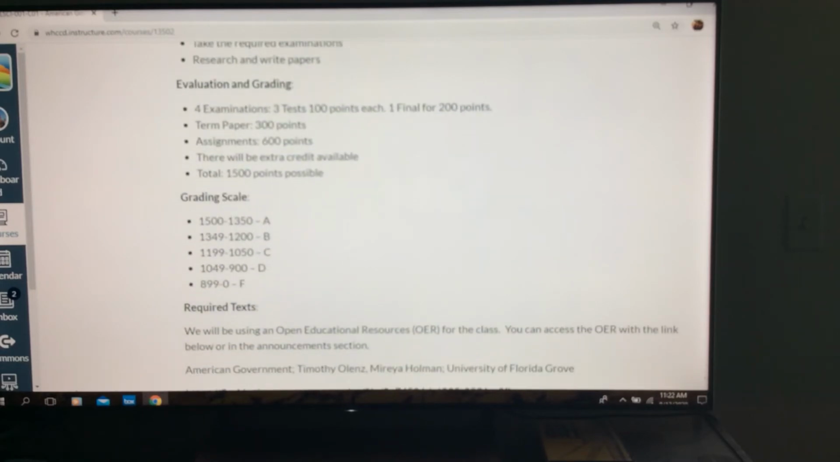So you'll get 50 multiple choice questions and 1 essay question for the first 3 tests, and then the final is comprehensive, so it will cover everything in the class. Your term paper is 300 points, so it's a pretty good chunk of your grade. So when we get to the term paper and talk about that,